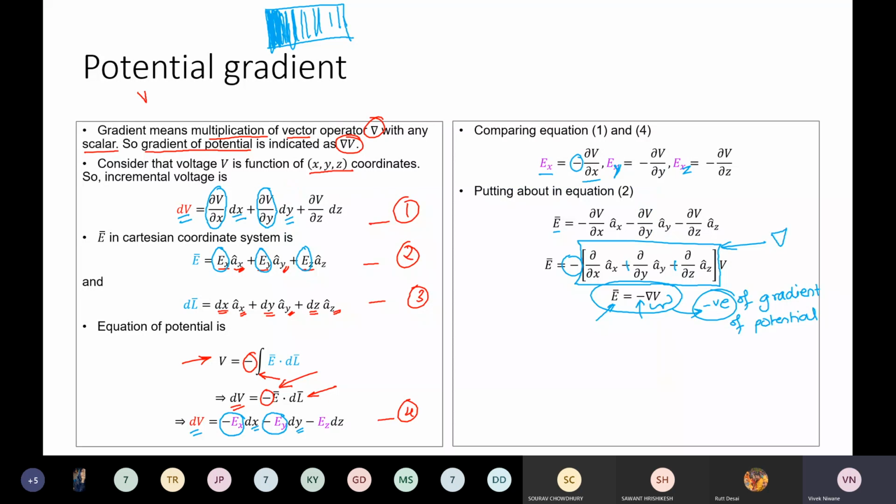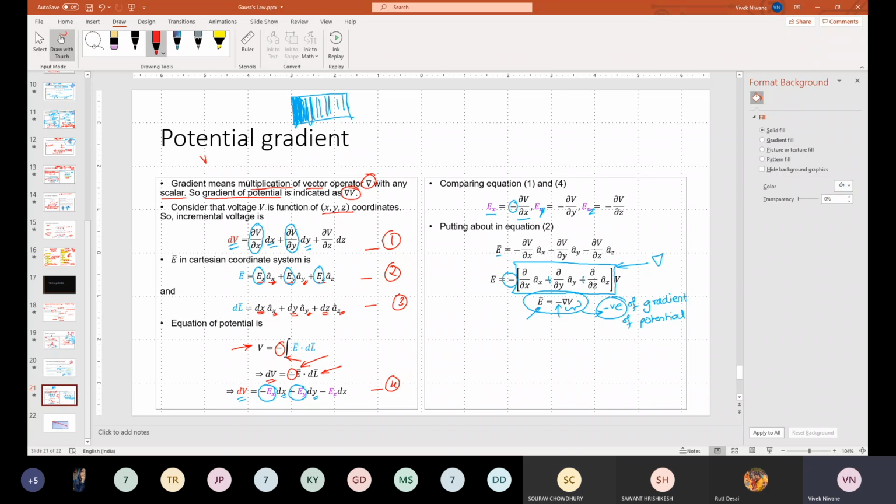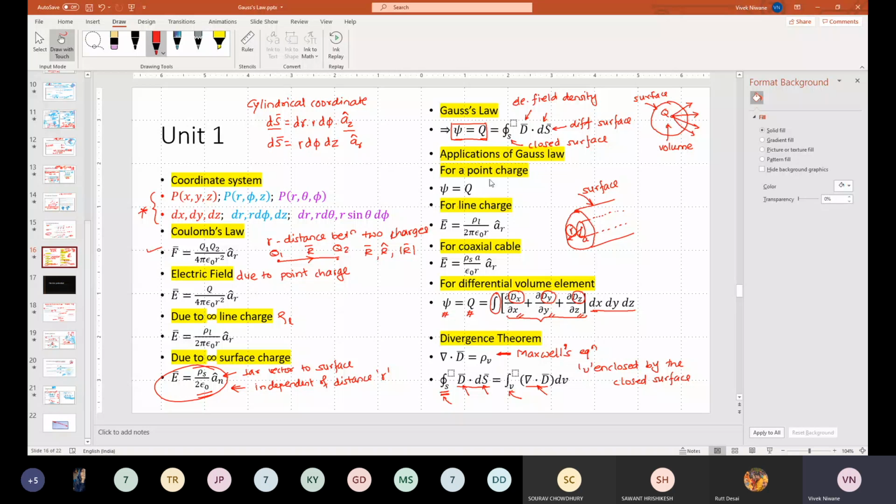And that's all from the mathematical point of view for unit number 1. And I have exceeded the lecture by 5 minutes. Probably you might have understood how much to do, what to do and how to do it. I gave you the flow, a very important flow, according to the slide. If you study your theory, that will help you to understand the theory, and that will help you in turn to solve the numerical.